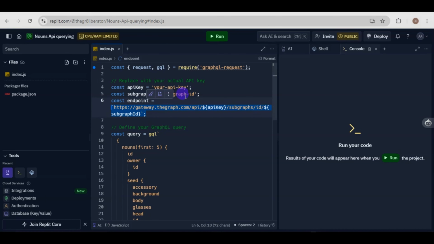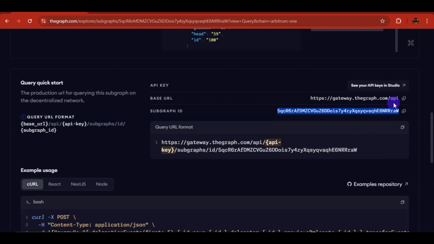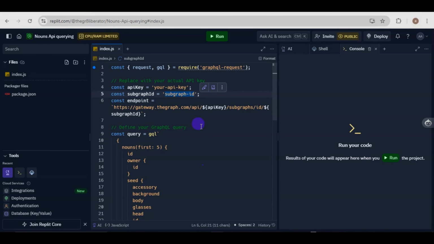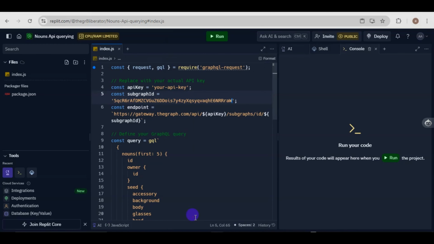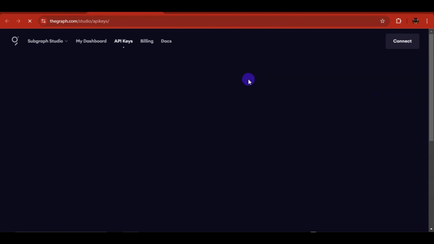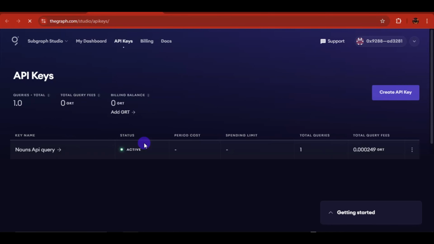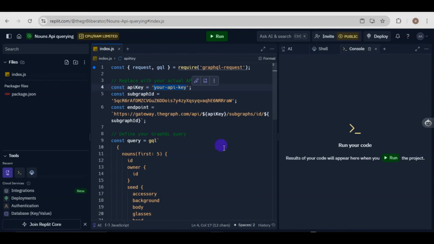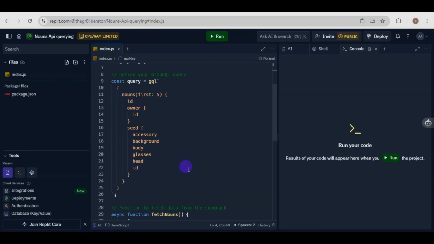For this tutorial, I'll implement the query in a Node.js environment on Replit. We'll set up the API endpoint using the URL from the Graph Explorer, then paste in our API key. Next, we'll write our GraphQL query to fetch the nouns data, and finally, we'll send the request and log the